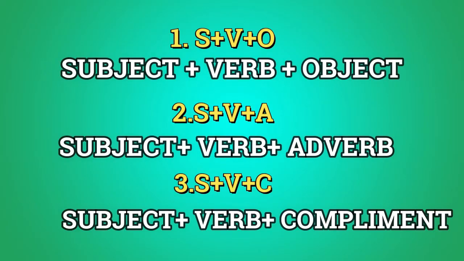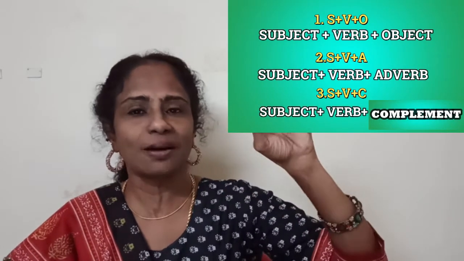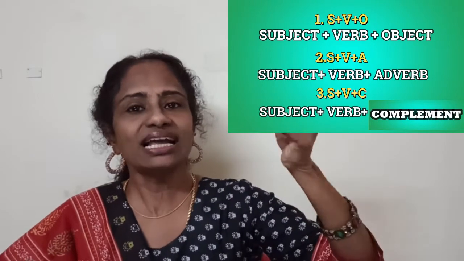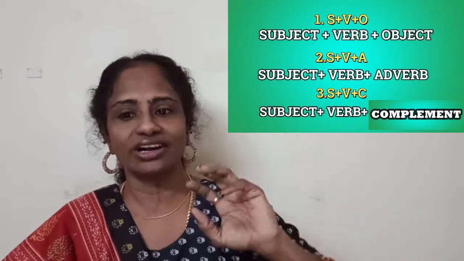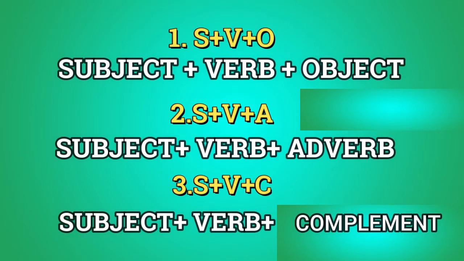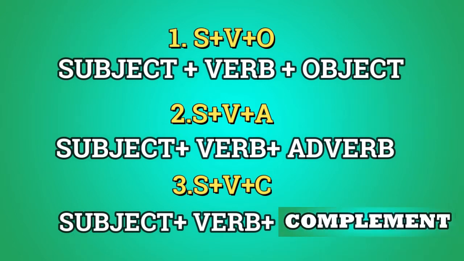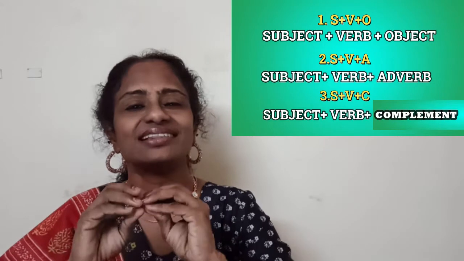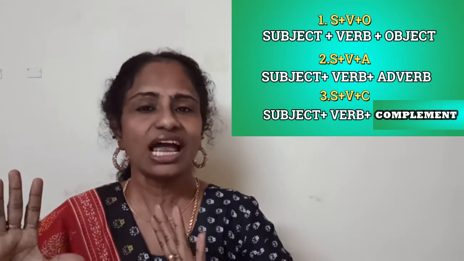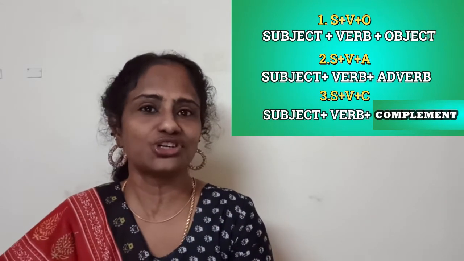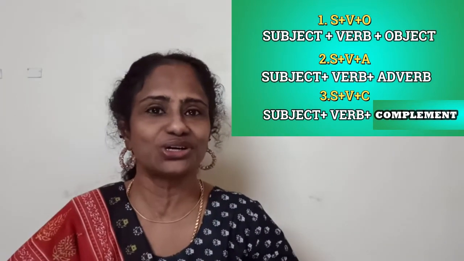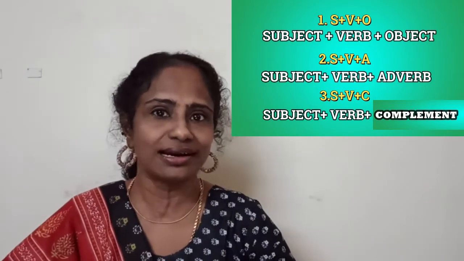Number one is S plus V plus O. Sentence, subject plus verb plus object. Sometimes for people to remember something, we can say something funny. So I will say orange. Next is subject plus verb plus A, which is subject plus verb plus adverb. And the third one is subject plus verb plus complement. These are the three basic sentence structures. Only from these three basic structures, you have all those big structures, you have big novels written and all that.